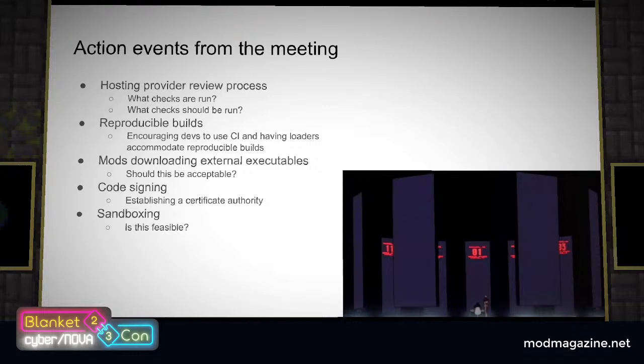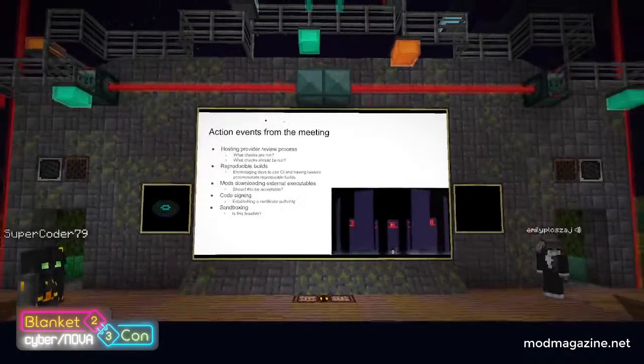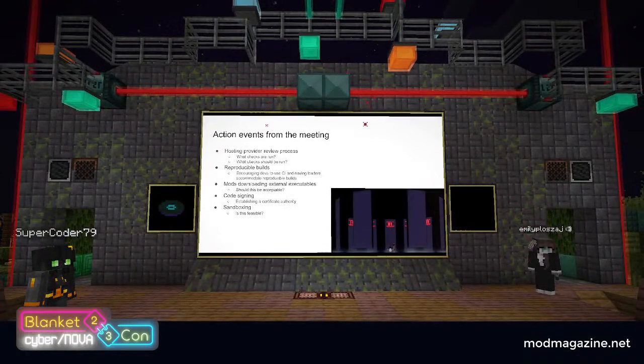The third point is external executables. Fractureiser itself iterated upon downloads by downloading new stages over and over again. So obviously this was a concern for existing mods that have the same process and are hard to vet by distribution platforms, and could change or become compromised without warning. The platforms present did not commit to disallowing this behavior in mods on their platform. However, there was mention of consideration over what groups or individuals would be allowed to do so, citing rapport and trust elements.